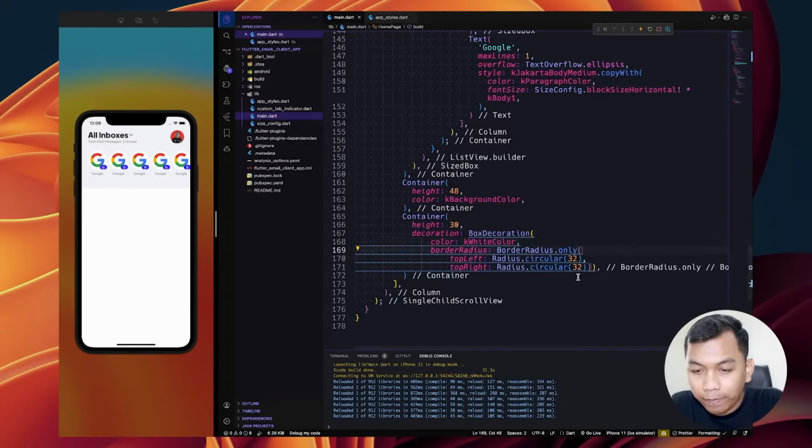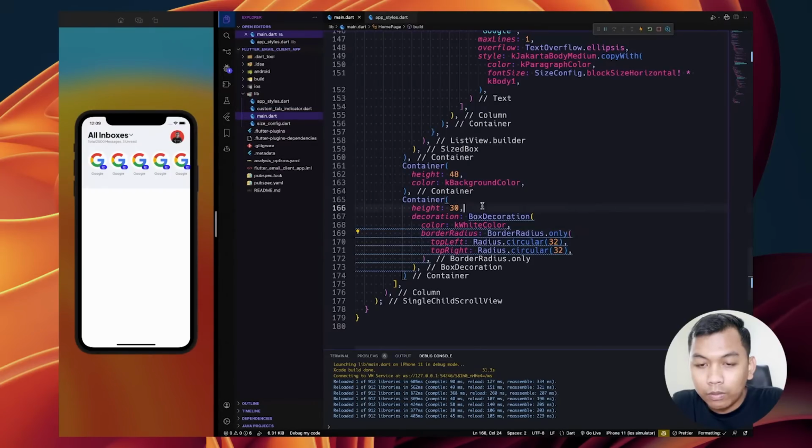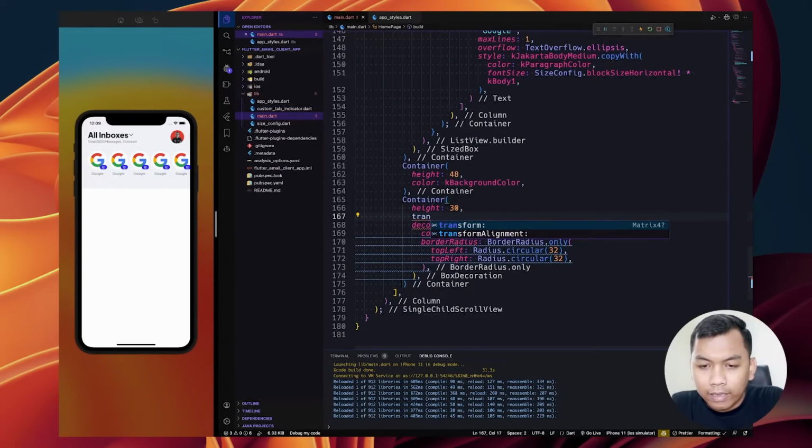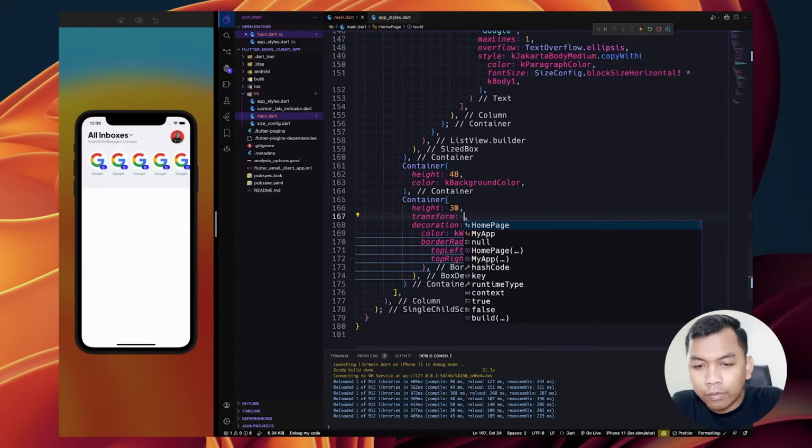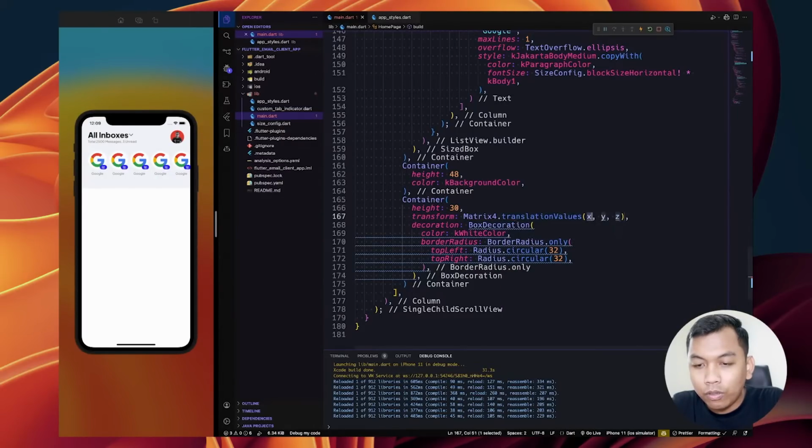Alright, and we need to translate using transform, and we use matrix for translation value, and we set the X value to be 0, the Y value to be minus 24, and the Z value will be 0.